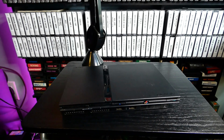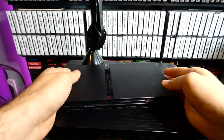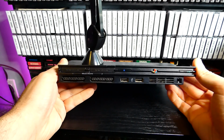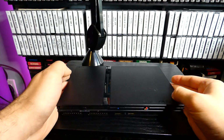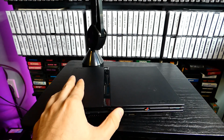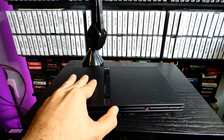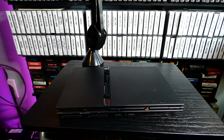Alright, so to make a long story short, this is the first console I received. For whatever reason, two consoles were not shipped to me. It's only one. And I was a little confused at first. So I received the first console, and apparently the second console was coming later on. Alright, so this console right here